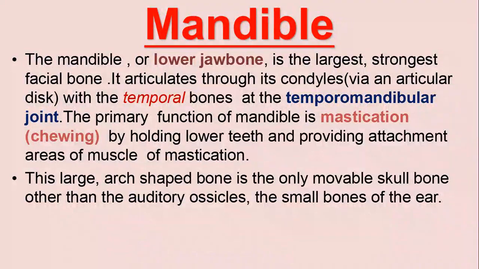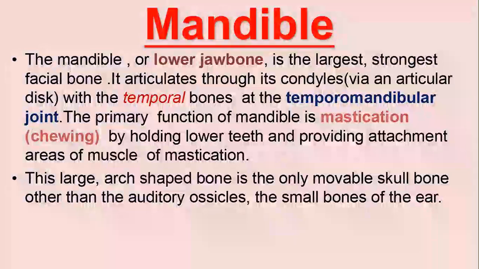Welcome to another topic of discussion, whereby we have with us the mandible, which is another facial bone. The facts about the mandible are that it's the lower jaw bone and is the largest, strongest facial bone. It articulates through its condyle, via an articular disc, with the temporal bones at the temporomandibular joint. The primary function of the mandible is mastication, or chewing, by holding the lower teeth and providing attachment areas for the muscles of